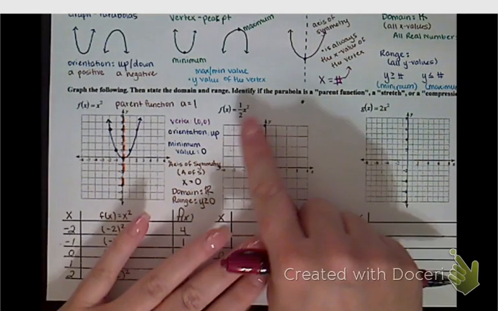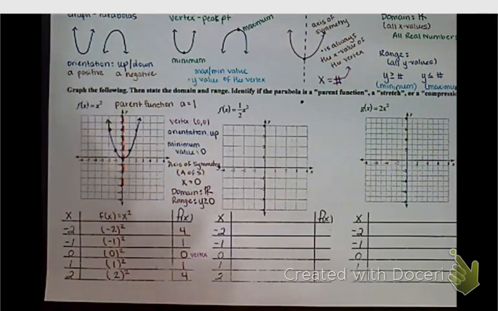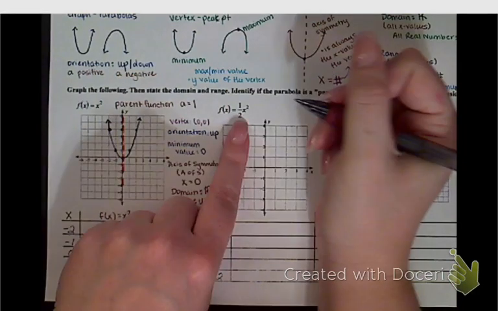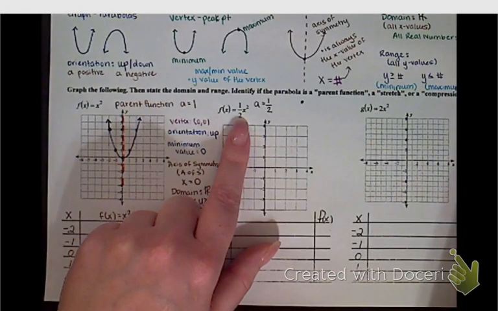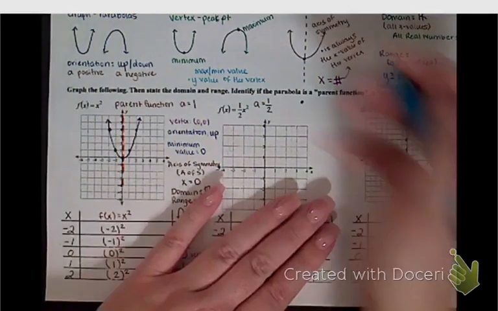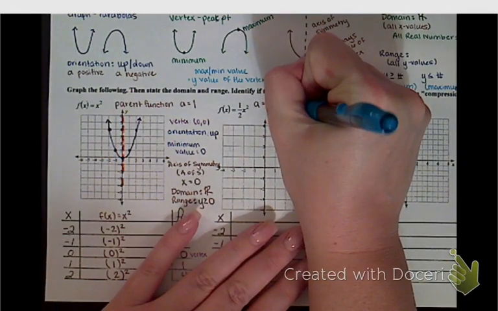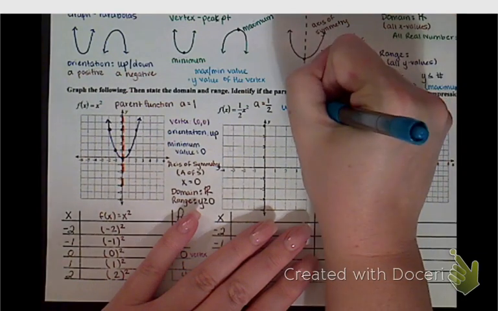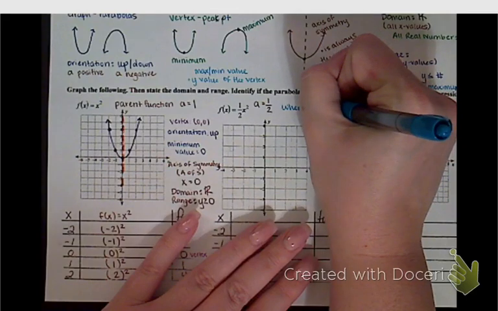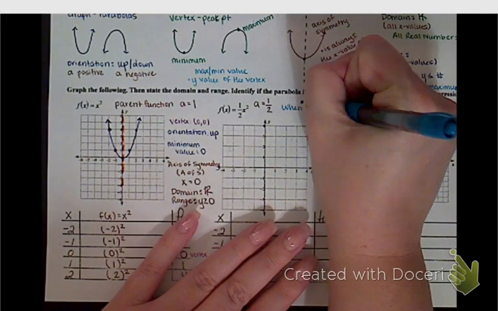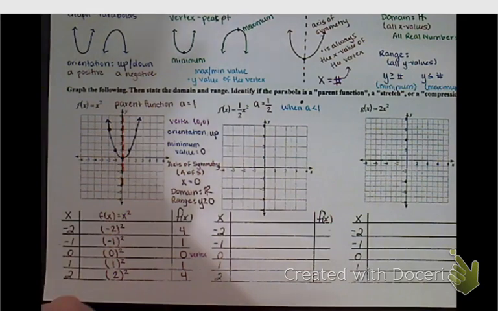All right, our next function changes a little bit. We notice that here my a value is now 1/2. A is 1/2. So here's another bit of vocab for you. When a is less than 1, and when we're talking about a being less than 1,